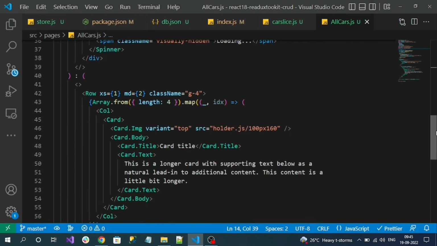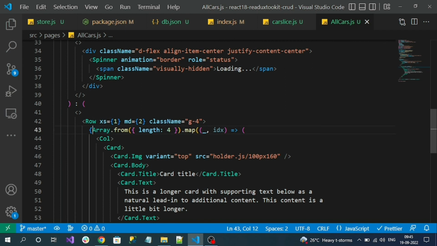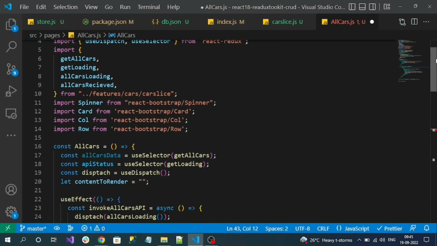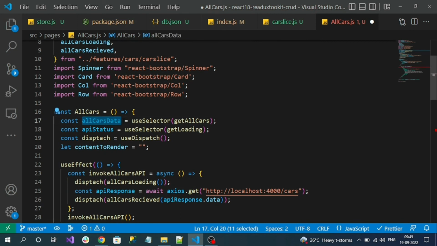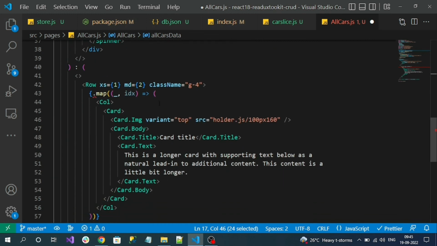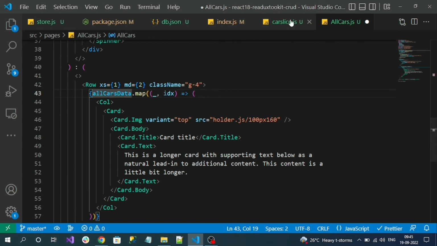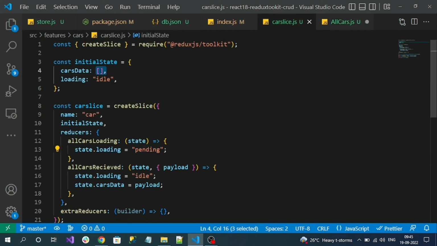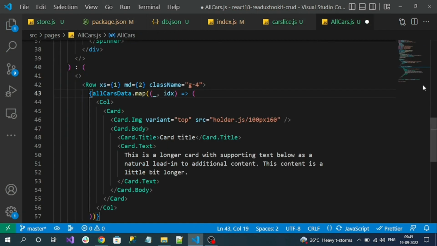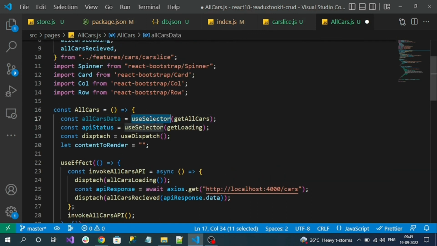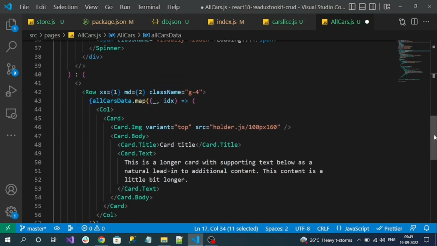Okay, now here we are seeing the array looping, right? So remove this array and we know where we get our data, right? The all cars data, which gets data from the get all cars selector. So let's use that variable, which will be an array. Initially no data, so the initial state, empty, will be assigned to that variable. If the data is pushed here, then its state is updated, right? That data will be automatically updated into this variable by the selector of the state. Okay. So all cars data,